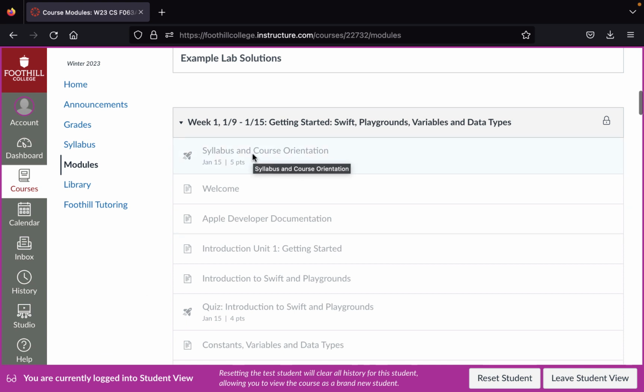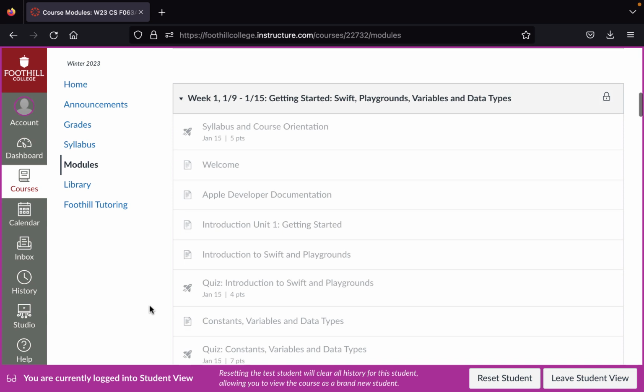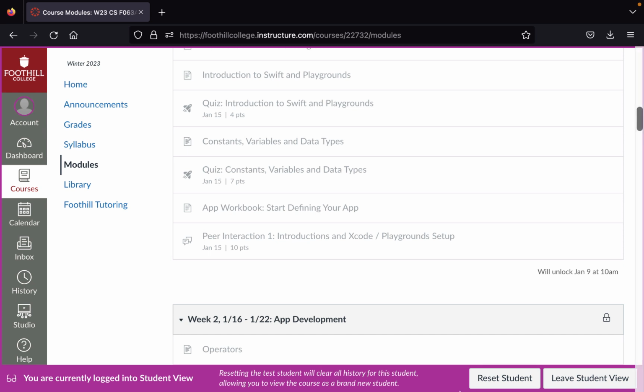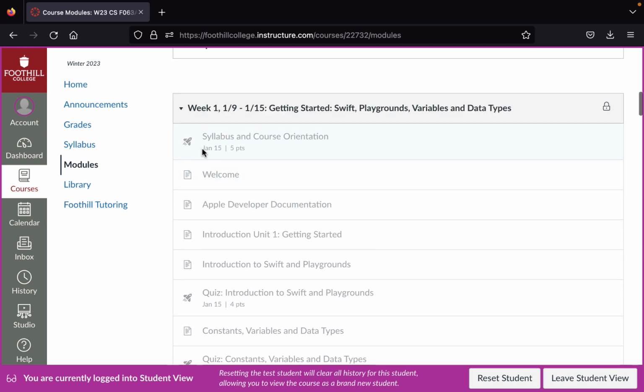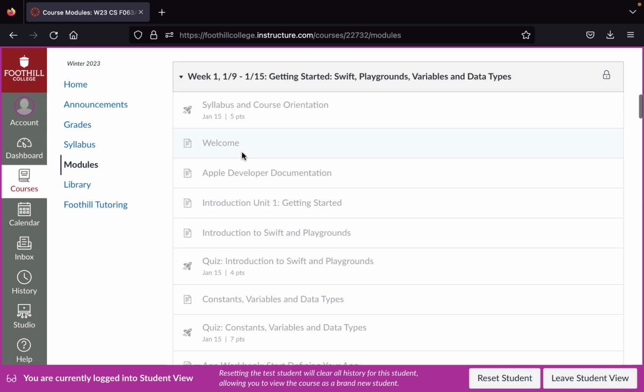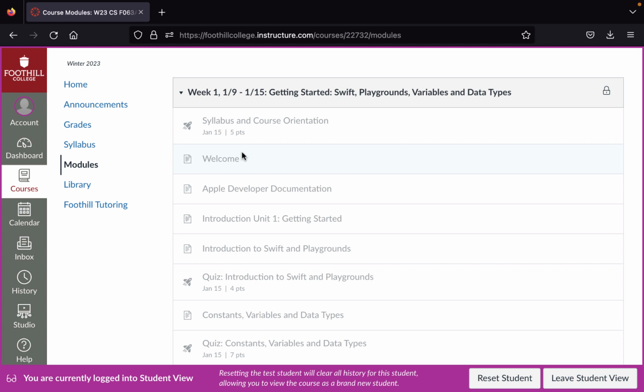You can't access it. So here's the first thing that's really important to understand. These modules will be released weekly at 10 a.m. Pacific time. So what's important to understand is as you go through the course, every Monday morning at 10 a.m. is when your weekly module will be posted or actually released. Second thing to understand is that all of the graded assessments within each weekly module are always due on the following Sunday night at 11:59 p.m.